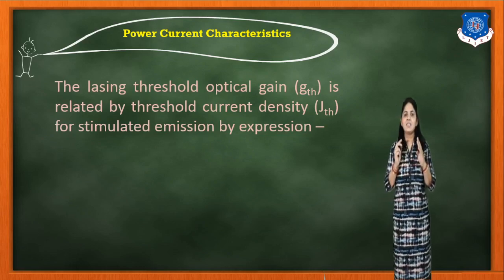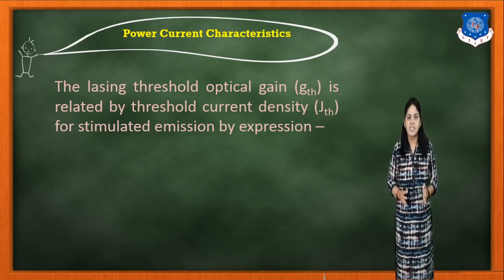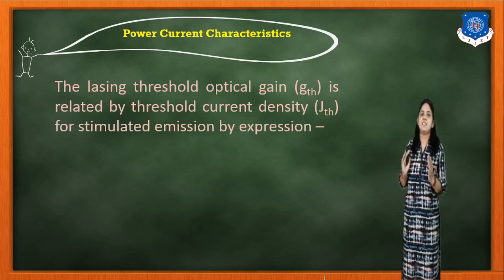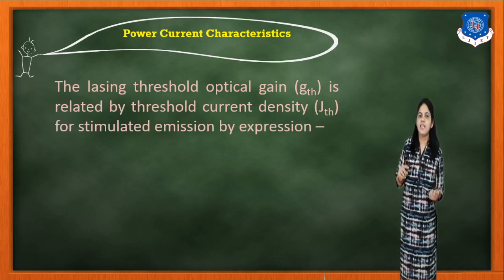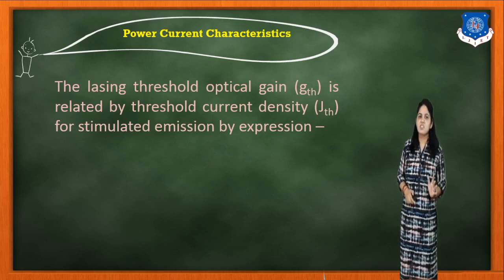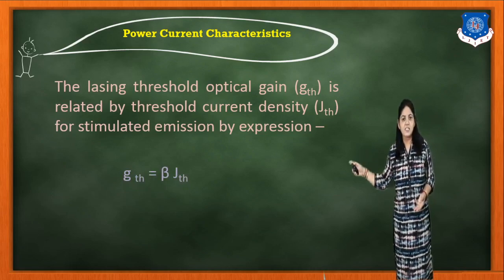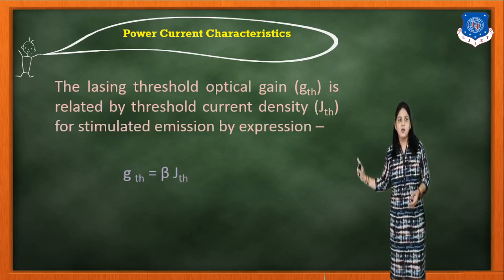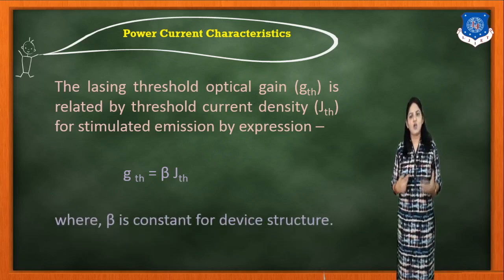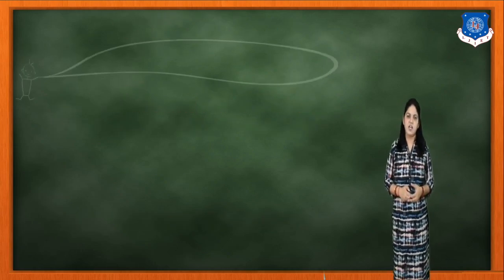The lasing threshold gives the optical gain G_TH, which is related to the threshold current density J_TH. So G_TH and J_TH are related for the stimulated emission by the expression G_TH = beta J_TH,